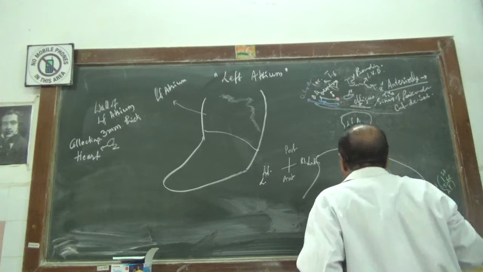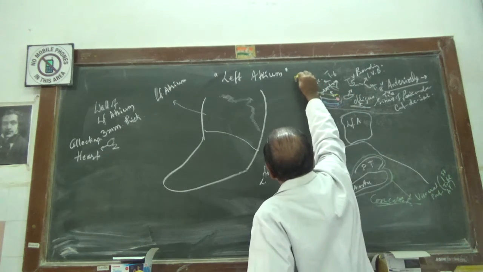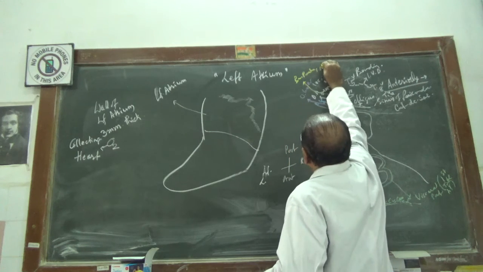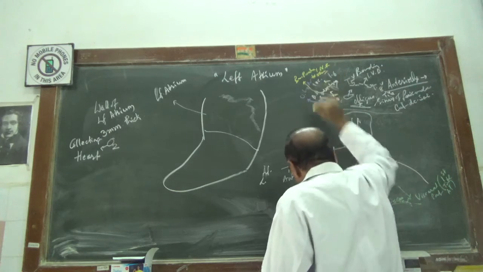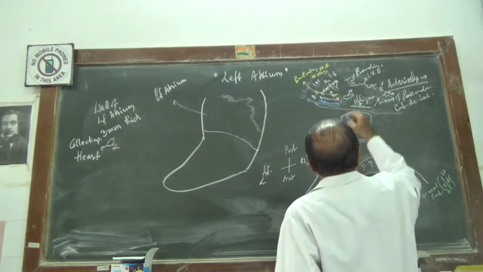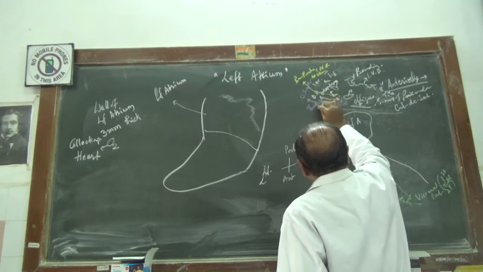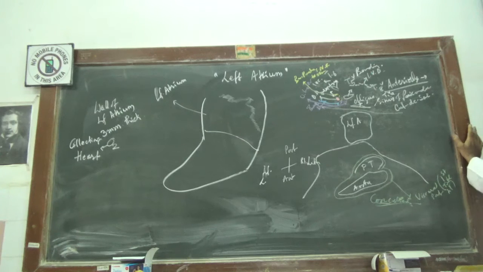Then you have sympathetic and parasympathetic nerve filaments to the esophagus. So these things will be there. Apart from that, the thoracic duct will be there. So this will be the behind relation to the left atrium, but specifically